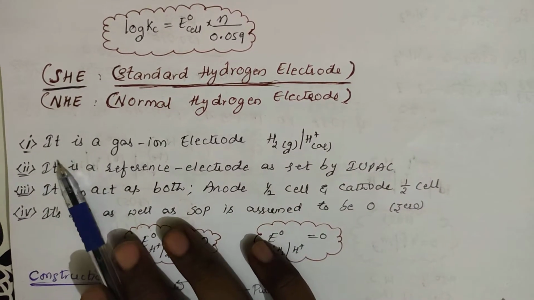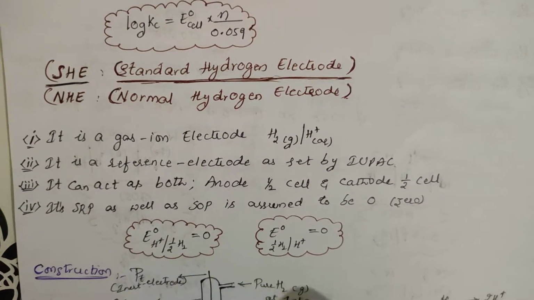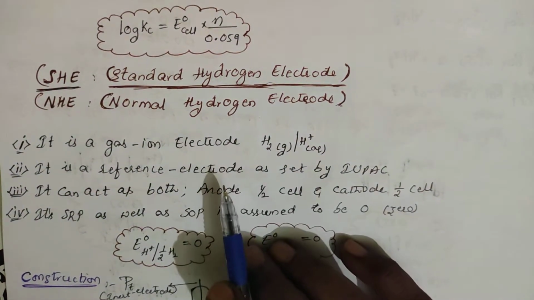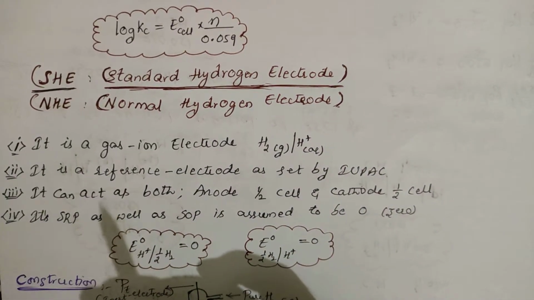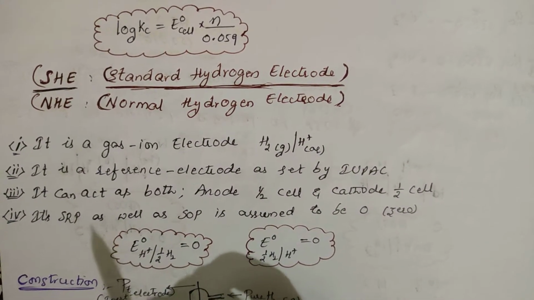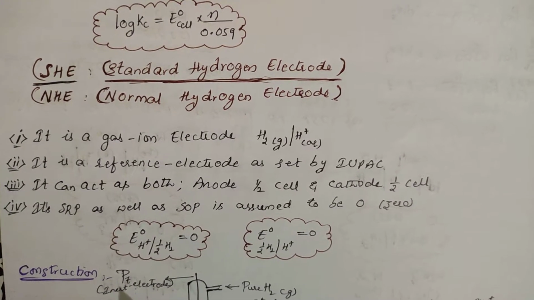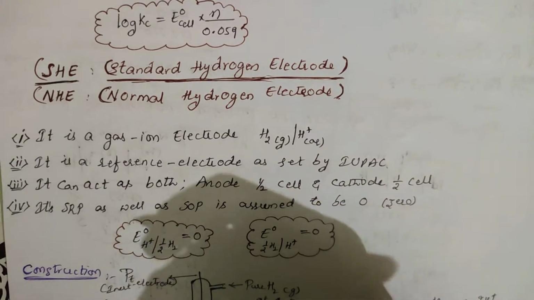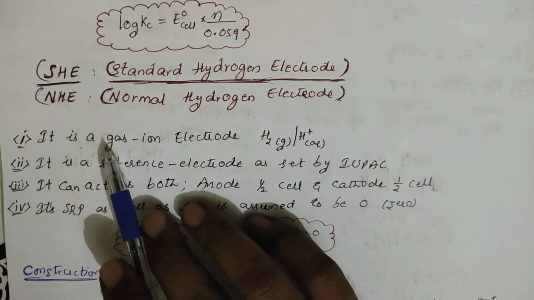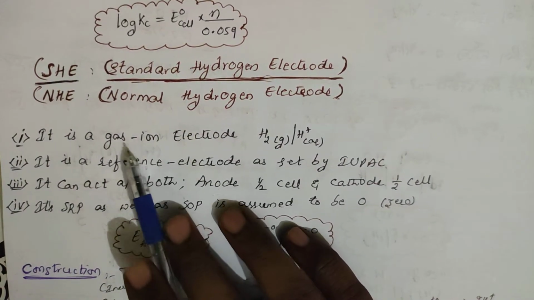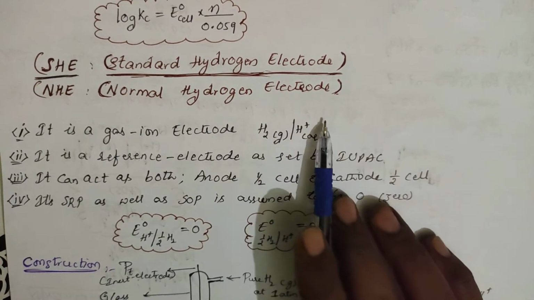Okay, this is the electrode that is a gas ion electrode, which means gas will be present. See, hydrogen is taken. Hydrogen is basically a gas. How should it be taken as an electrode? You want to take hydrogen as the electrode, but hydrogen is a gas. How can you take it as an electrode? So then you will be preparing one type of electrode, right? There is a gas, that gas gets converted into ion, so it is called a gas ion electrode. So hydrogen gas you are taking, it is getting converted to H plus.